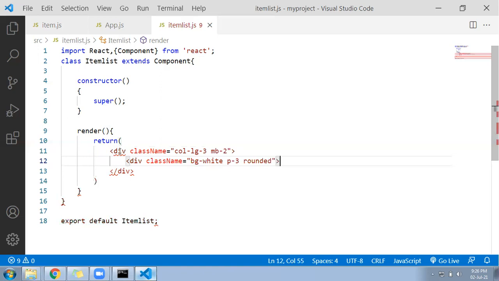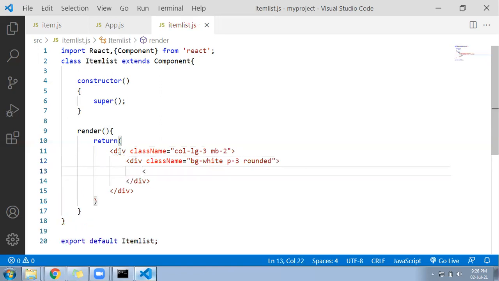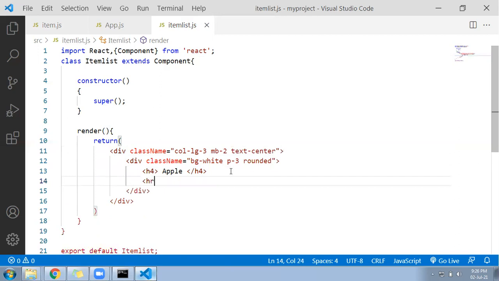Right, after that, let me write the product info. Suppose I use an h4 here. I'll write Apple as an example. For col-lg-3 I'll keep text-center, so that all the content of this page will print in the center. Apple is given. Let me write one hr here, so that there will be some spacing at the bottom.